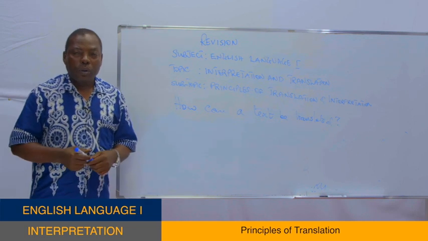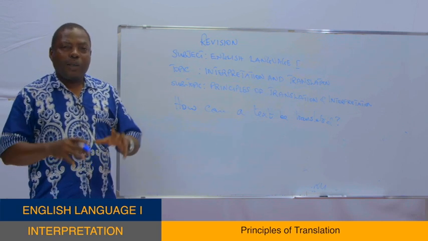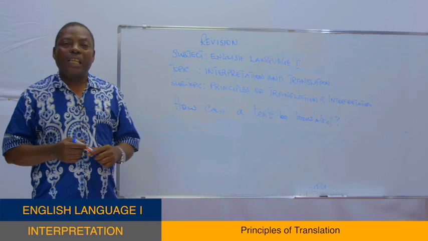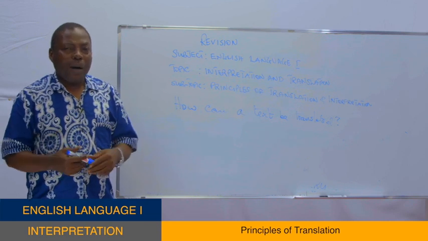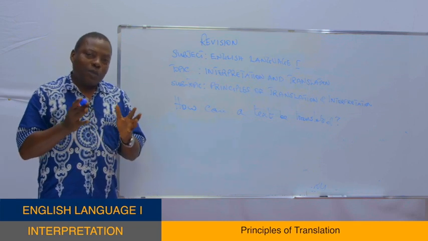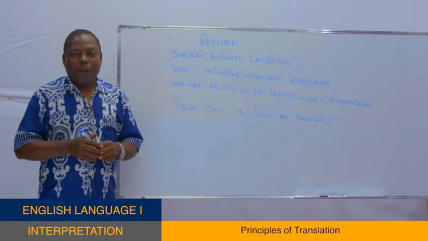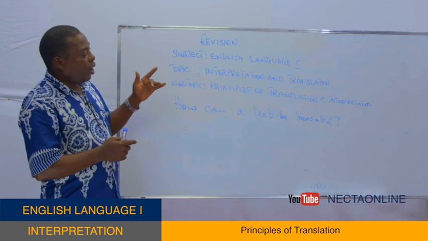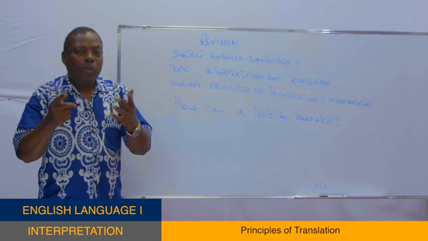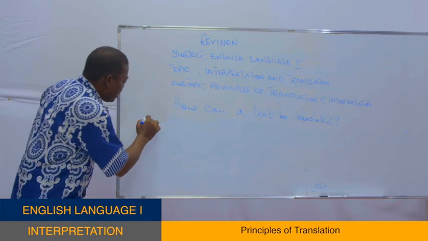Having gone through the qualities of a good translator, or rather an interpreter, now you have all these qualities, and you have been given a text for you to translate. How do you go about it? Of course, that is when you have to know the differences between a translator and an interpreter. Because when you are given a task to transform a text from one language to another language, that will depend on whether you are a translator or an interpreter. So if you are a translator,